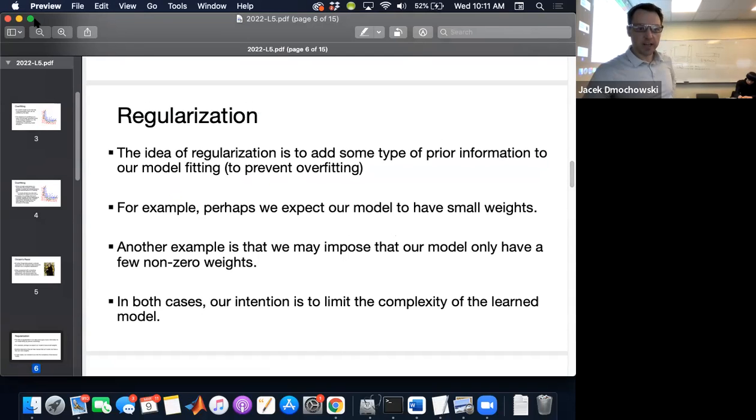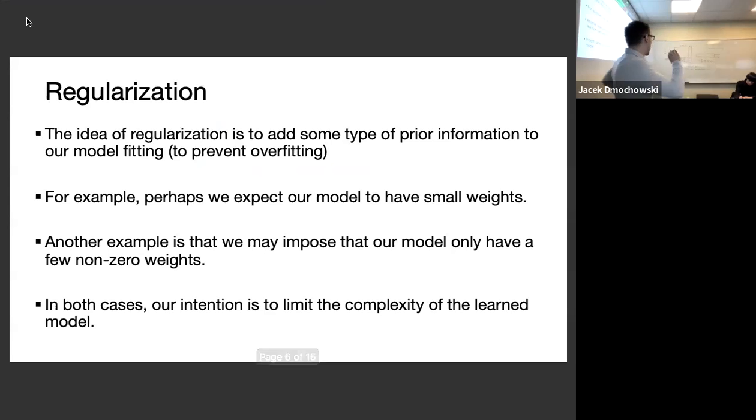Okay, so regularization is a way that we shield ourselves from overfitting. Essentially what we're saying is that we want our weights to be small, or we want our weights to be sparse. I need a smart board. So if you have a model where, let's say, you just have a regression model where